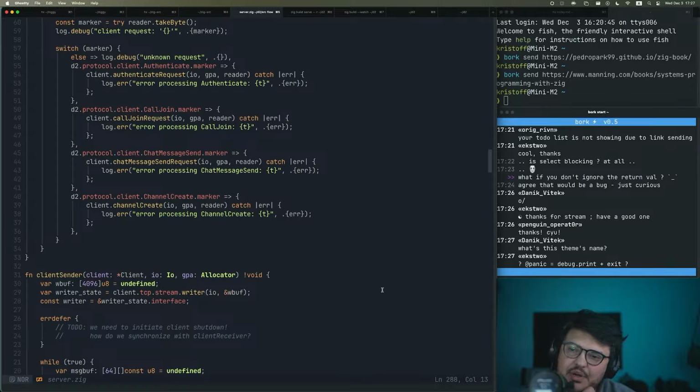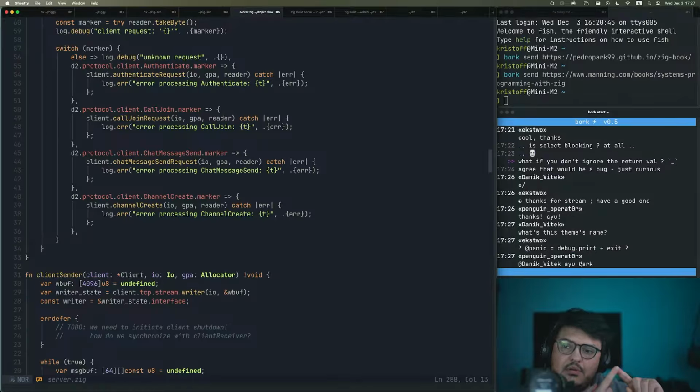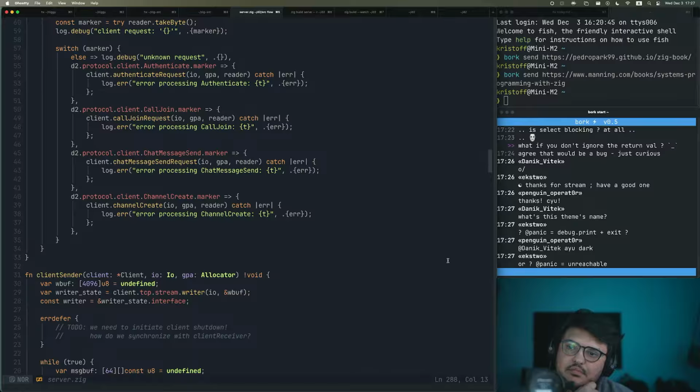At panic is debug print plus exit. It's debug print the message plus the stack trace plus exit one. Yeah, this theme is IO Dark. This one is